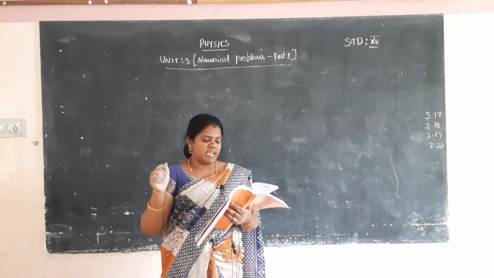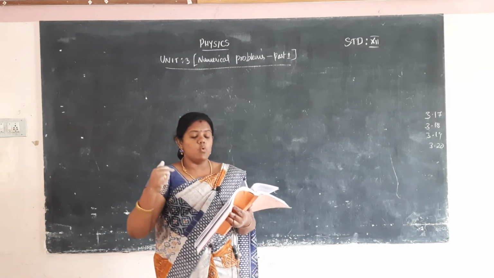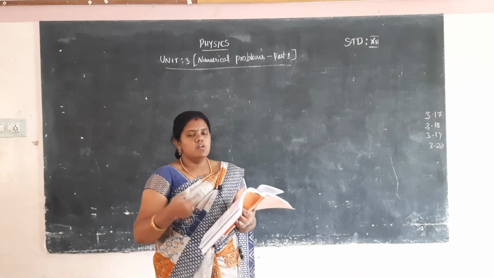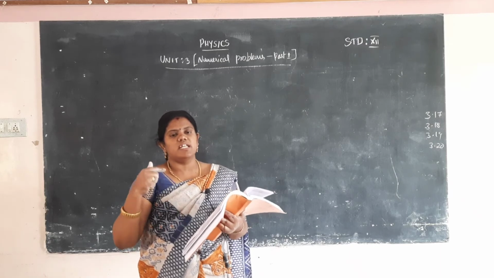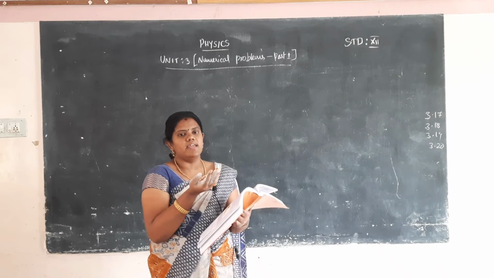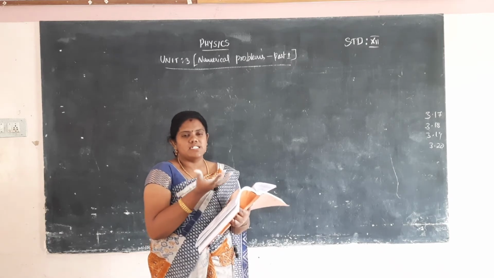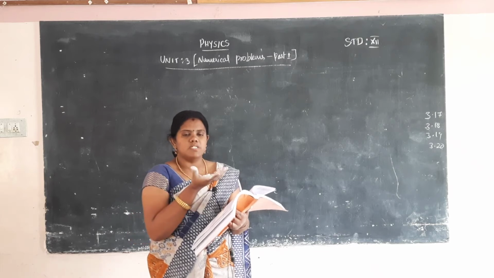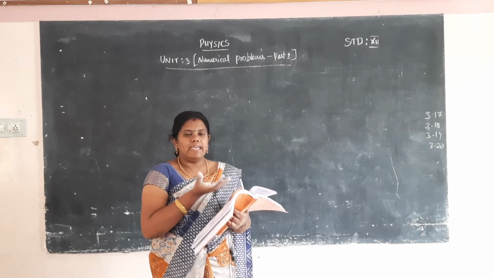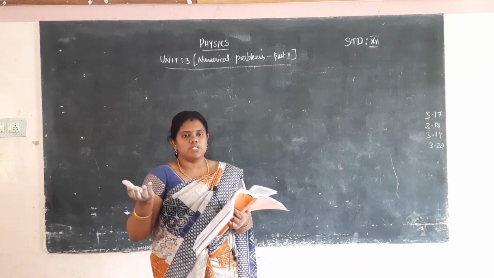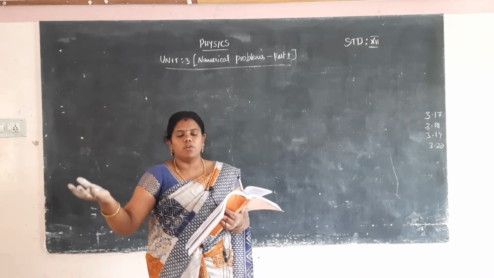the work done by the magnetic field in moving it from most stable configuration to most unstable configuration. What is the meaning of stable configuration and unstable configuration? At some points the electrons will be lying in a rest position, that will be called stable configuration. Stable means some part the electron will be lying in a rest position, some points the electrons will be in a moving position, that is stable or unstable configuration.